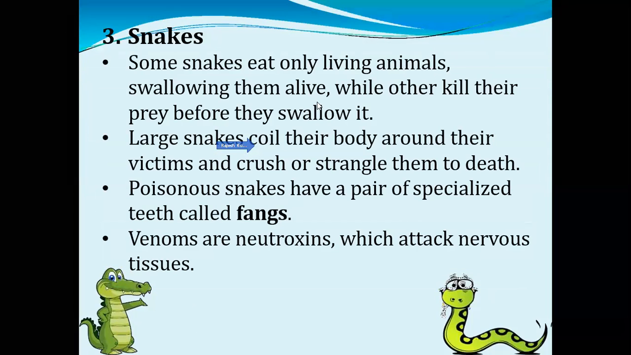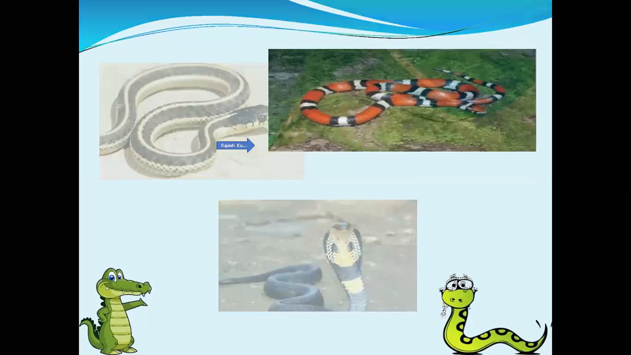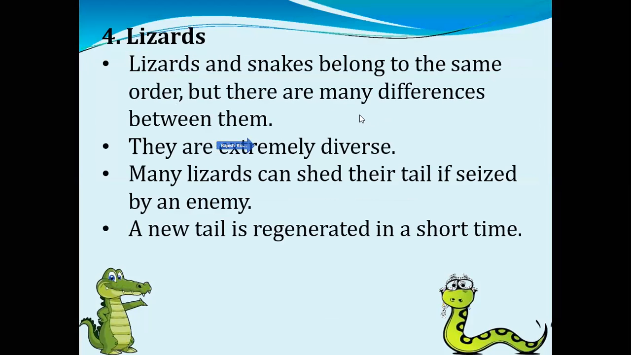Snakes are also reptiles. They don't have legs. They creep on the ground by their body. Look here, snakes. These are also reptiles. They creep on the ground by their body, and they don't have external legs. This king cobra is a very poisonous snake. Actually, it is found in Africa. Lizard is also